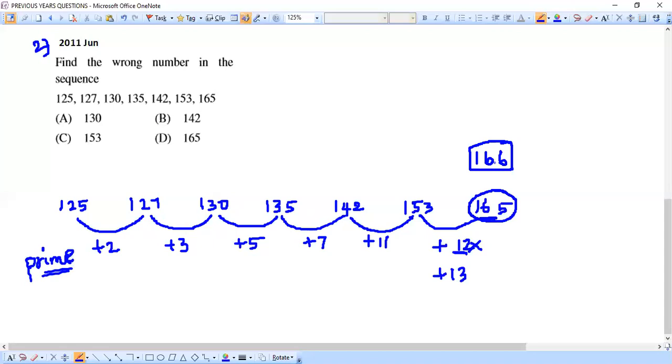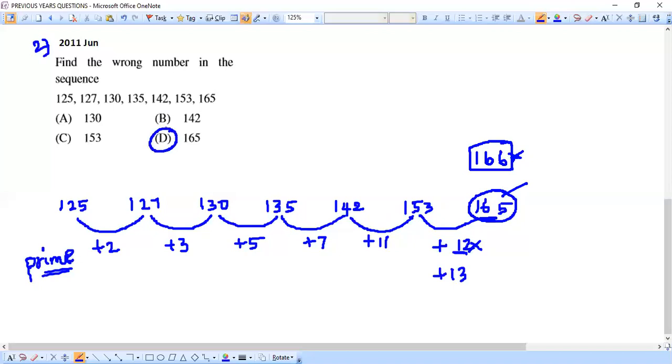Fine. But we are not worried about what number should come there. That is also not needed. But anyway, to make that logic complete, I'm just revealing it. It is better to know what number actually comes; only then will you know what should not come. So to give you that practice, I showed what should actually come there: 166, when we complete the logic. But 165 is here. So the wrong number here is 165, which is option D, 165.